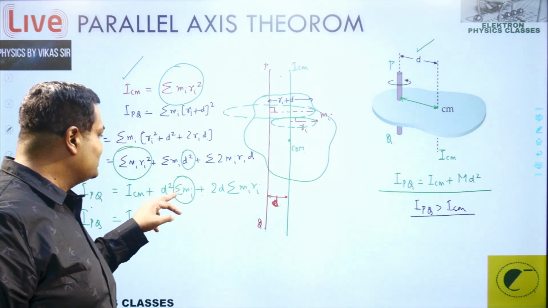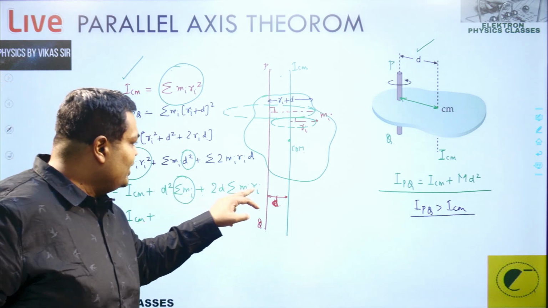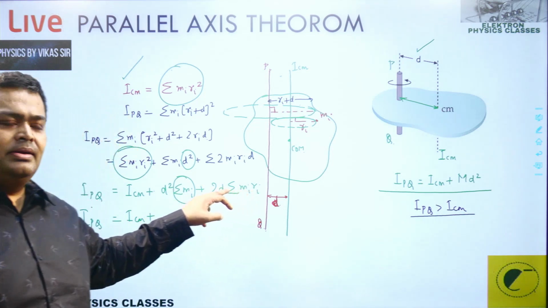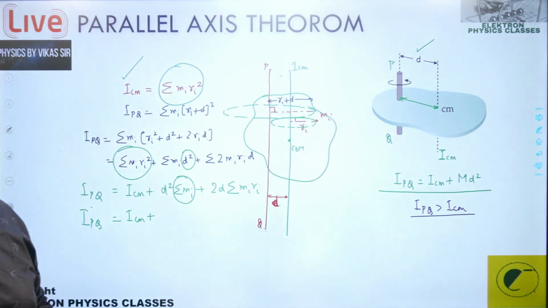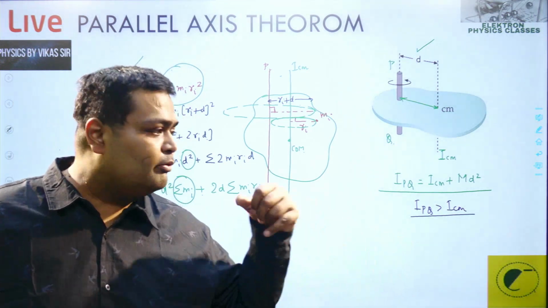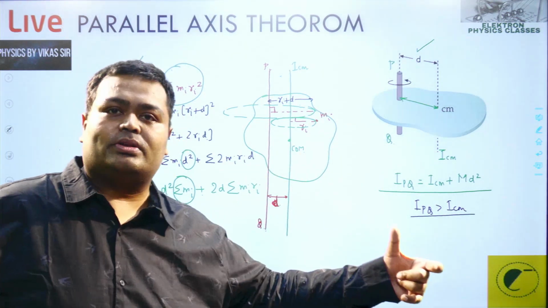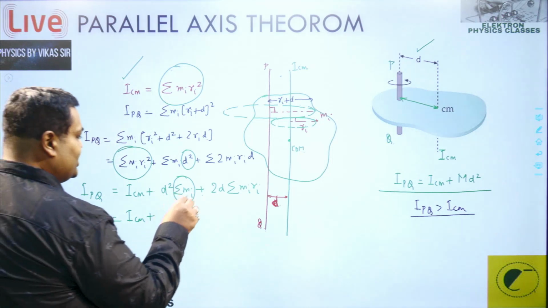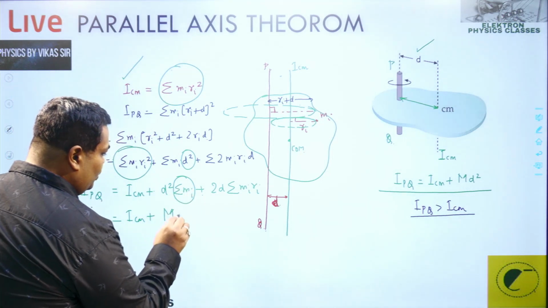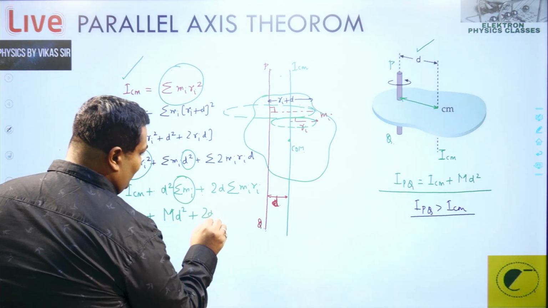Summation r power 0 Mi, summation r power 1 Mi, summation r square Mi. Everything, 0th moment, first moment, second moment, is in this equation. So summation Mi is the total mass, that is m into d square, plus twice d times